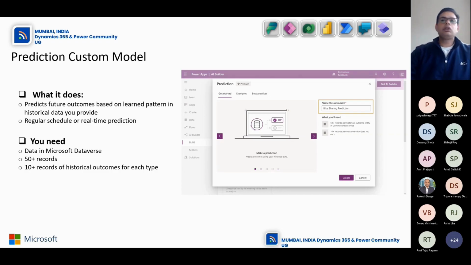What you need for this is 50 records plus, and 10 records for the historical outcome for each type. That's required to train the prediction custom model. So these are all the 5 custom models which are available as of now in the Power Platform in build. If I go to the next slide, let's talk about some